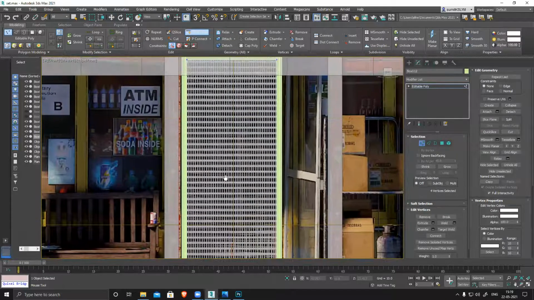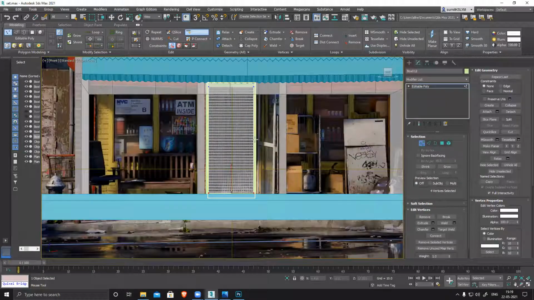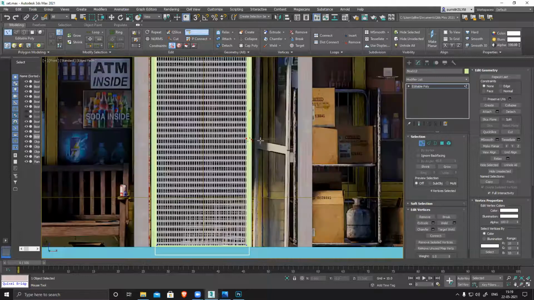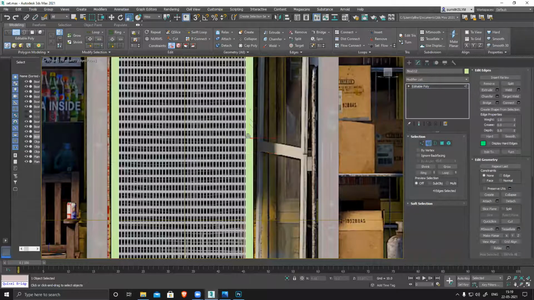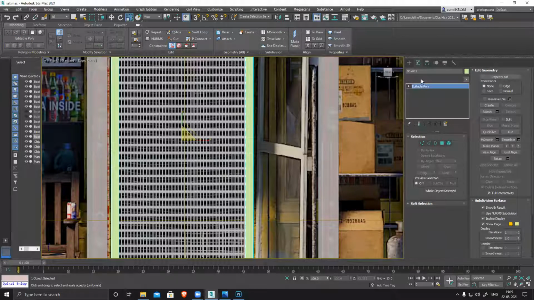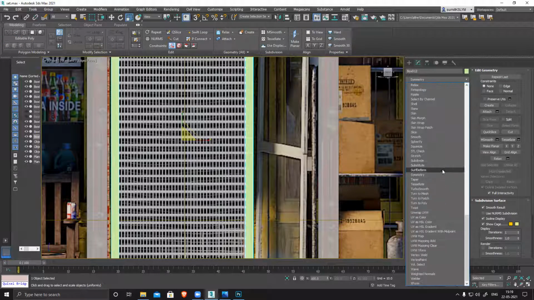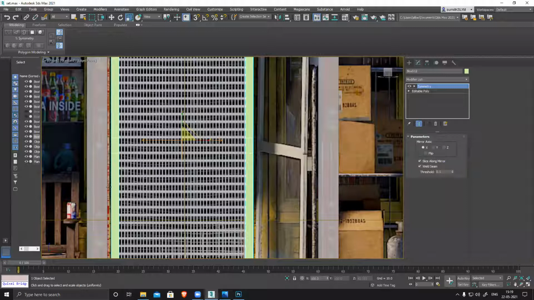So I'll go here. Let's see. 1 and 2. But these two are not straight. So I have to make them perfectly straight. So scale in the Y direction, it will become straight. So also perfectly straight. I need the same thing on this side also. So I'll apply a symmetry. See, instantly done.